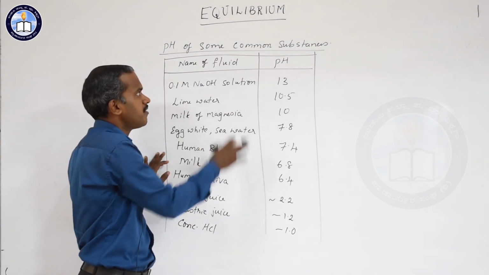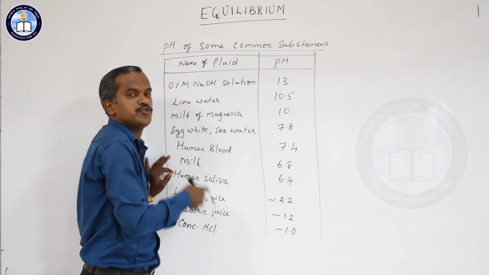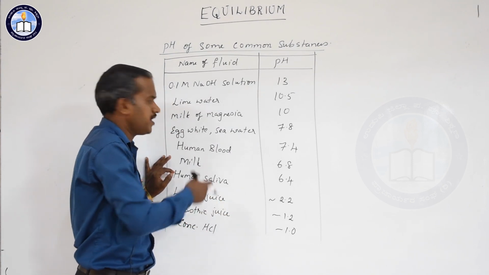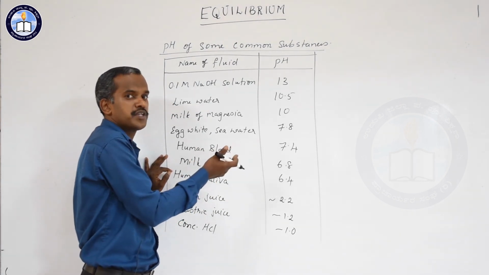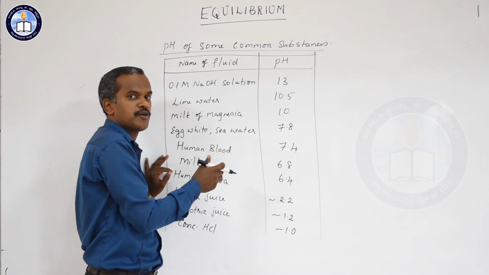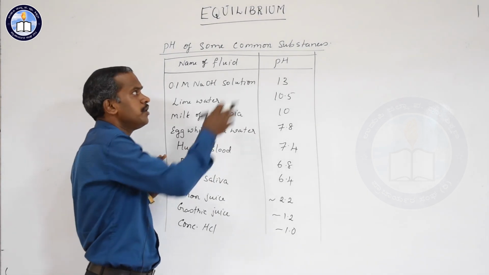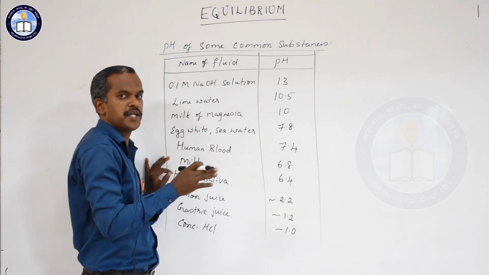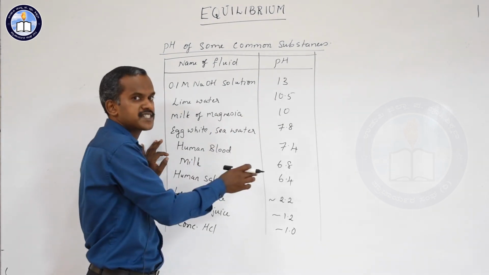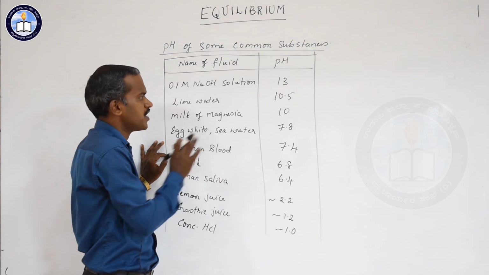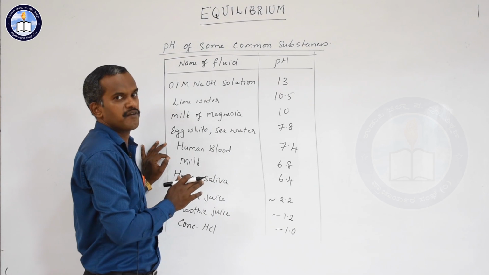So these are some of the common substances, and this makes you curious to know. In the chemistry lab you use so many solutions and reagents in different experiments. Then you try to think about what the pH is. Is it acidic, basic? Don't try just by dipping the finger, because I told you pH can be measured using pH papers or a pH meter. But you can easily understand the pH of some of the solutions we use in day-to-day life. So this is all about the pH of some substances.